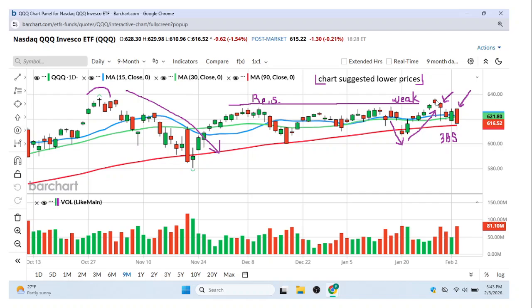So that tells me there's still some overhead supply. We also have a wide range candle here, and we also have a wide range candle here. And interesting is that prices are now closing down towards that 100-day moving average. And we also have what I call a 3-bar sandwich, where you've got a red bar, a green bar, and then a wider range red bar on the end. They're sandwiching these buyers and probably stopping them out of their positions and causing prices to go a little bit lower on that day. So there's definitely some selling pressure in the NASDAQ.